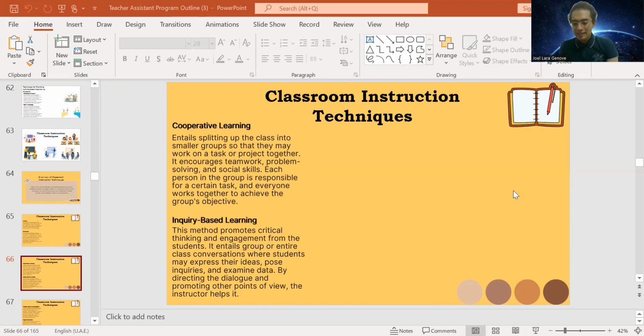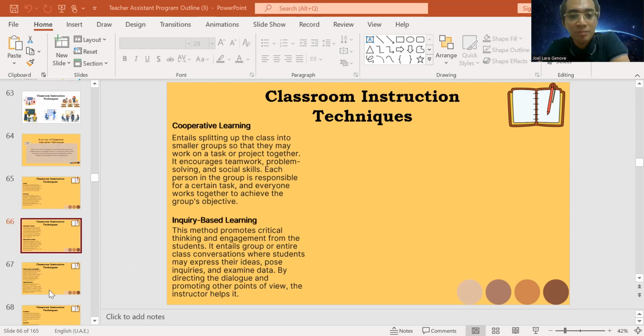So it's most likely giving out inquiries, but not necessarily the question and answer kind, right? It also has their insights. It's important that we ask the students about their learnings because we're trying for them to apply what they learn. We're trying for them to relate the subject matter to their lives, or how they are going to use it. So that's the purpose of this kind of technique.